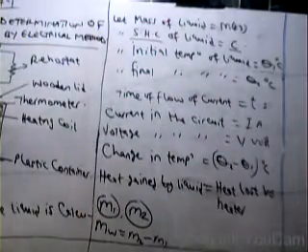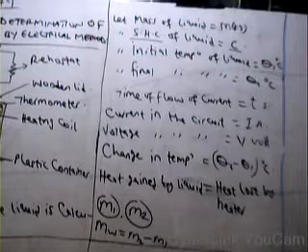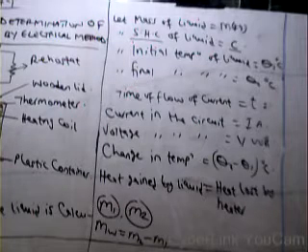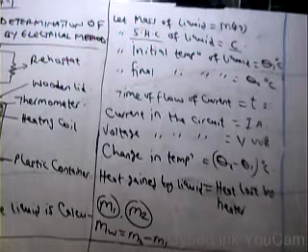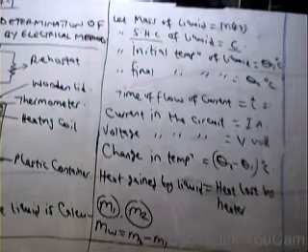Then we determine the initial temperature of the liquid. That's the function of the thermometer here. Before we introduce any heat, before we allow any current to flow, we first determine the initial temperature of the liquid inside this plastic container. That value might be at room temperature, maybe around 30, 32, or 35 degrees Celsius.